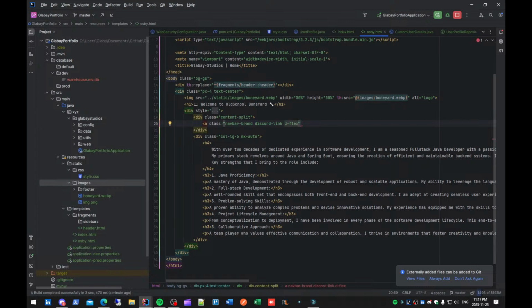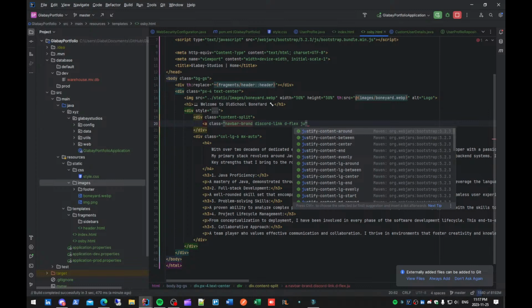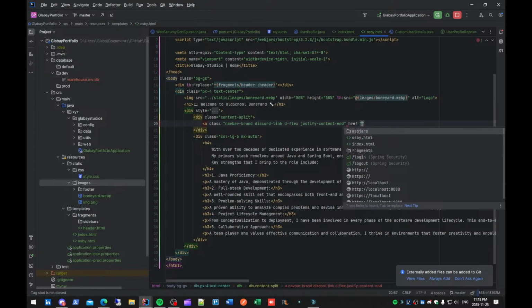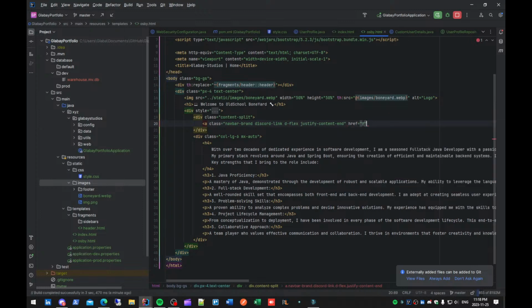I don't even think I need to, but I will, just for measurement purposes. Href is just going to be a straight up pound sign. And the href is going to be that of